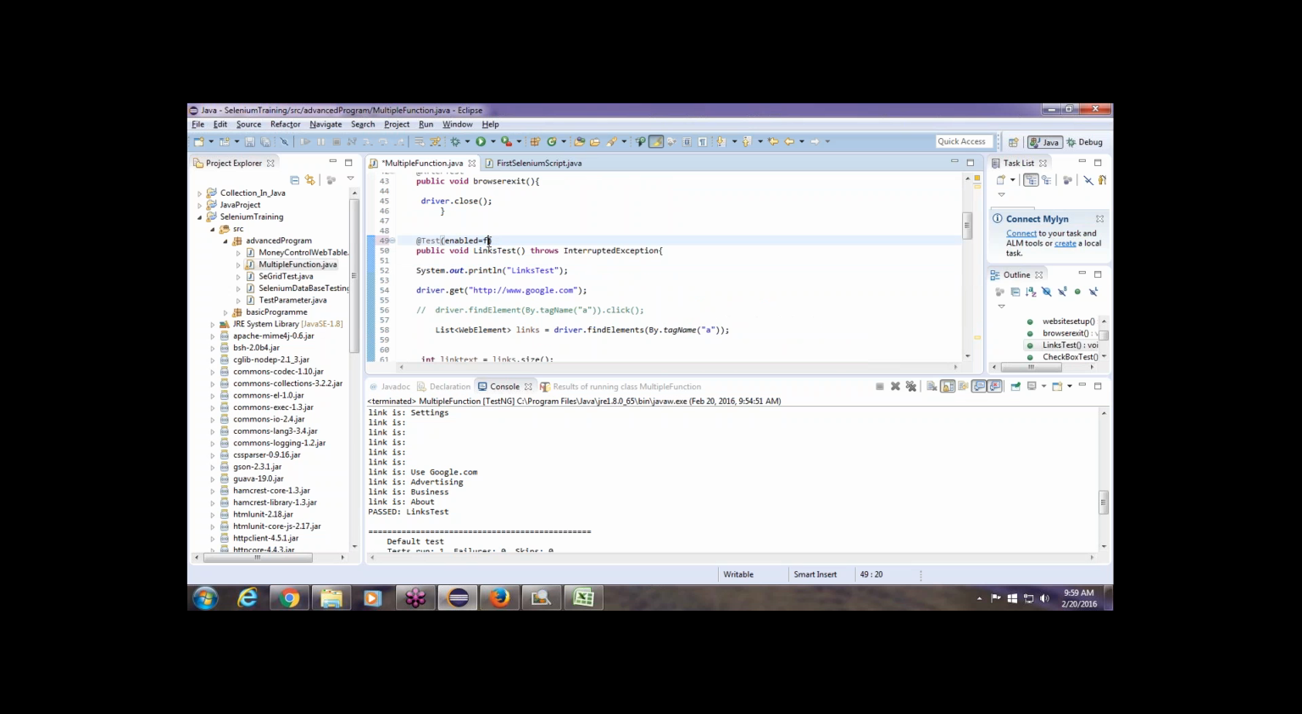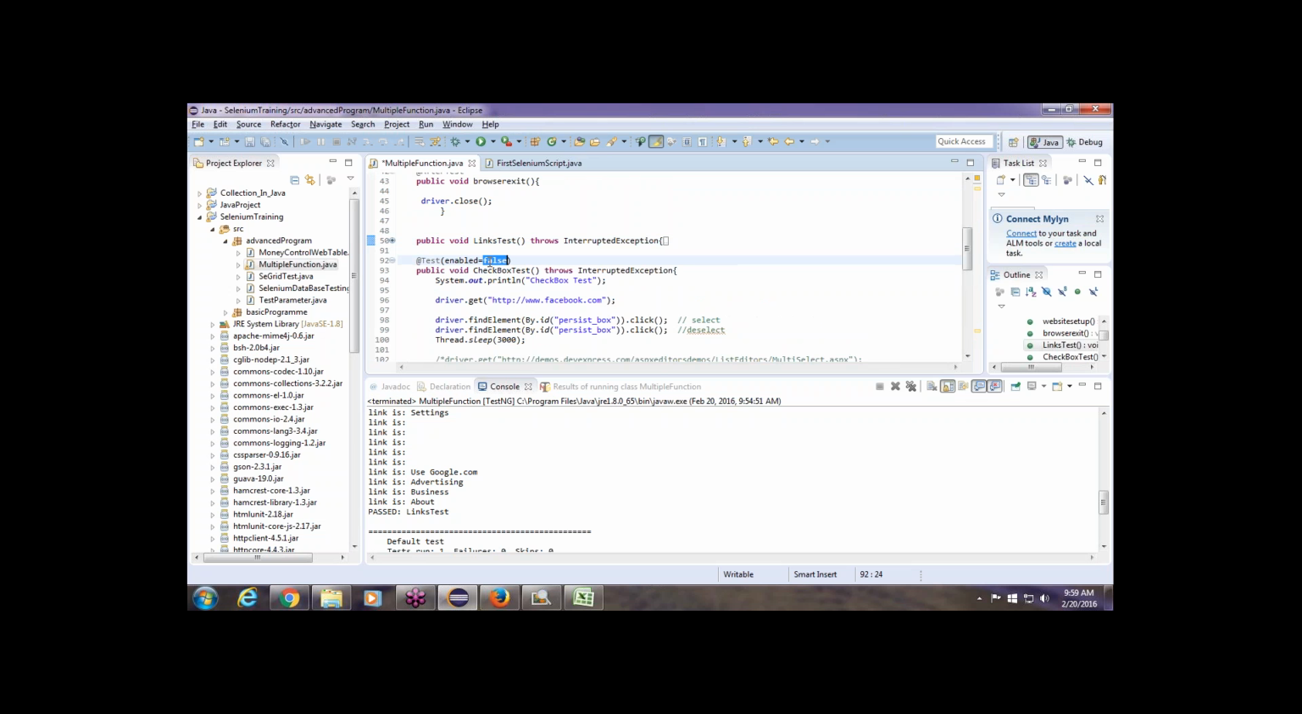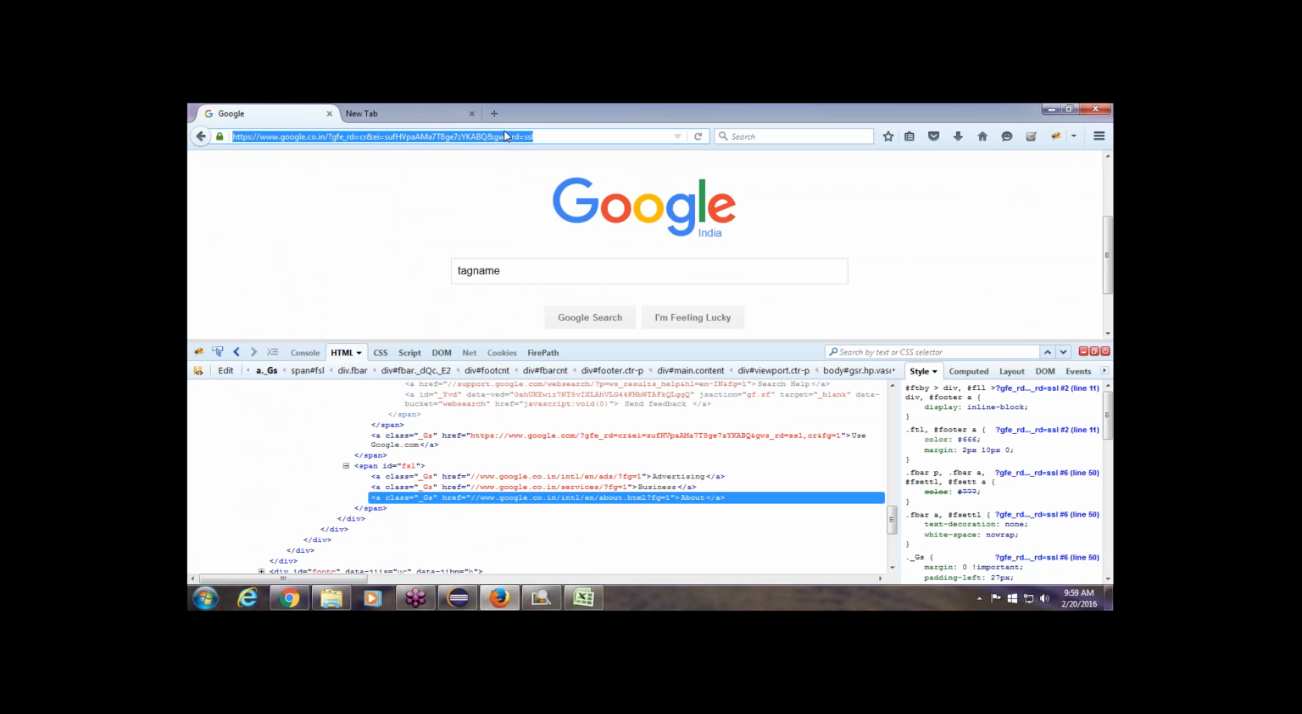Now I have enabled it. Now I am giving false, and for the checkbox I am putting true. Only I would like it to be true. Now you can see in the Facebook account,